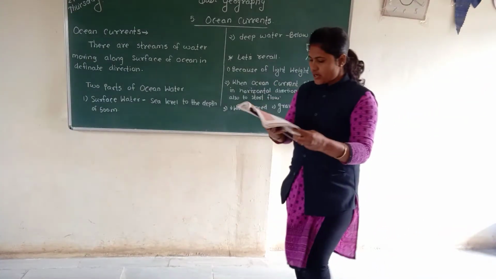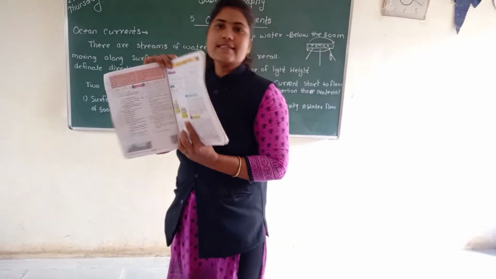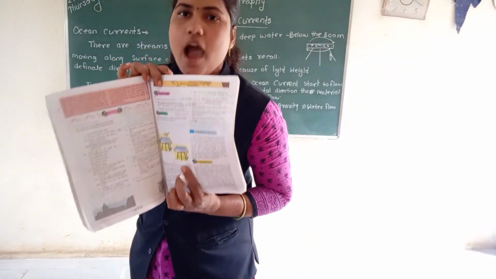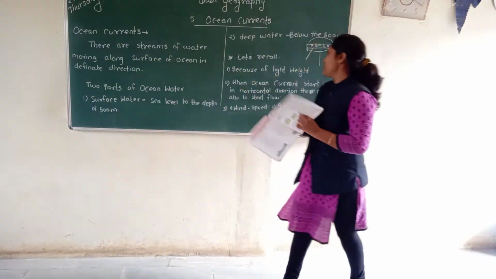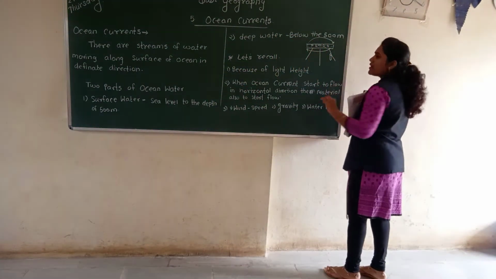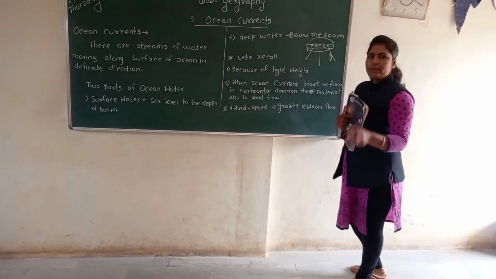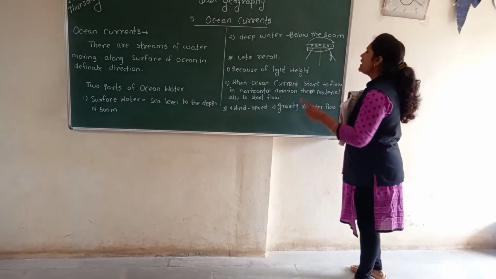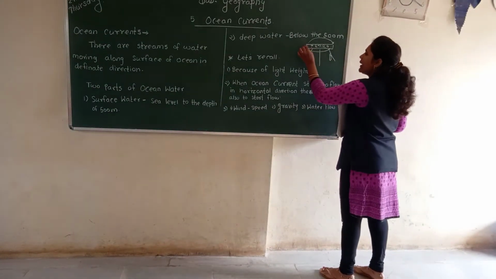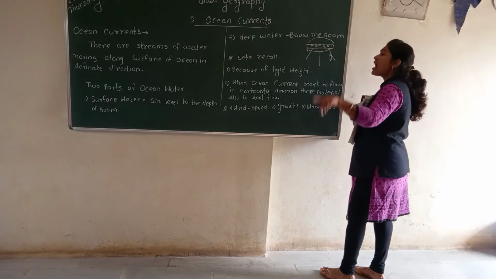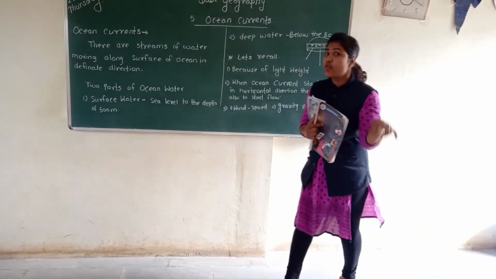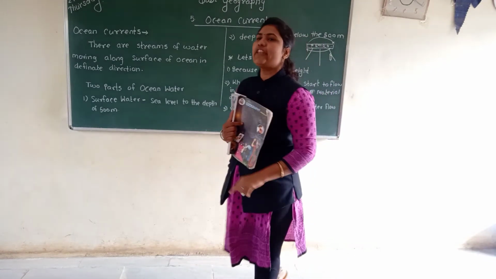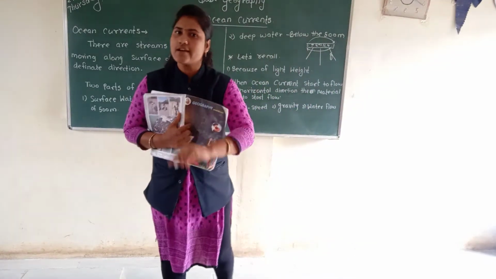If you see in this picture, students, you can see that all the spoons are moving in a circular motion because of that heat. Firstly, all the plastic pieces started moving from low temperature to high temperature, and again from high temperature to low temperature, in a circular motion. Students, this activity is related to our ocean currents.